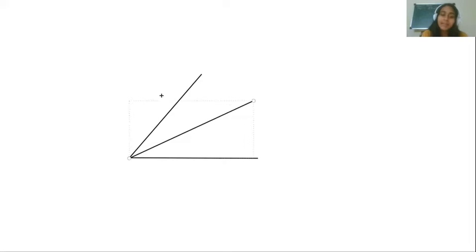So here, if I draw an angle, this is an angle. Now, if I draw a line here that divides this angle into two equal parts, अगर ये दो equal parts में divide हो गया, तो इस बीच वाली line को I will call an angle bisector. Now I'll show you how to draw an angle bisector in your notebook by using a compass.